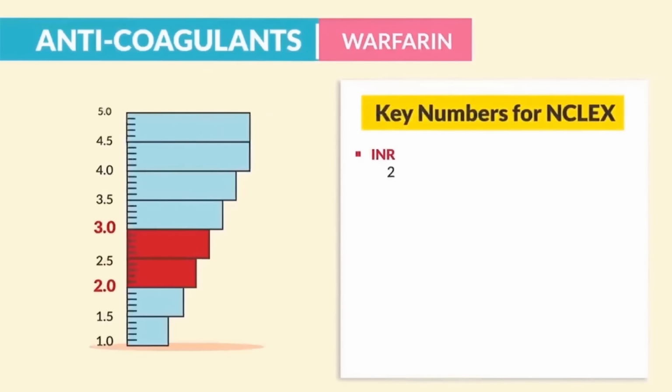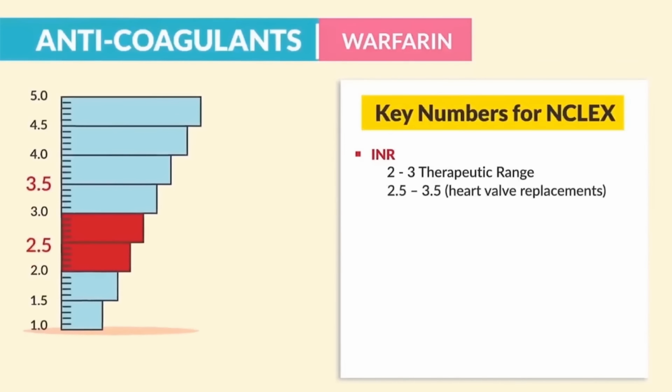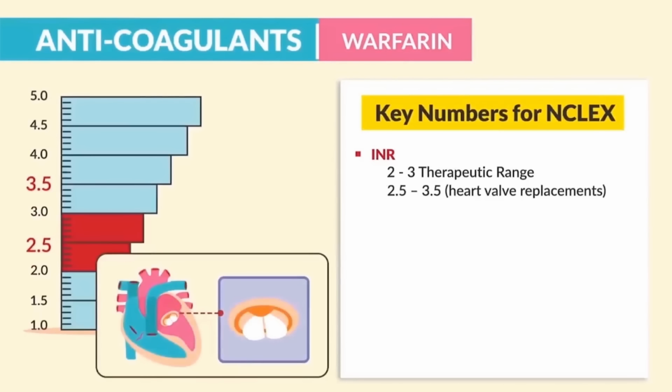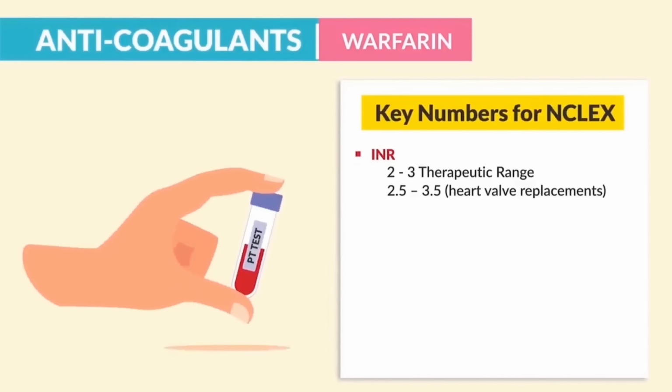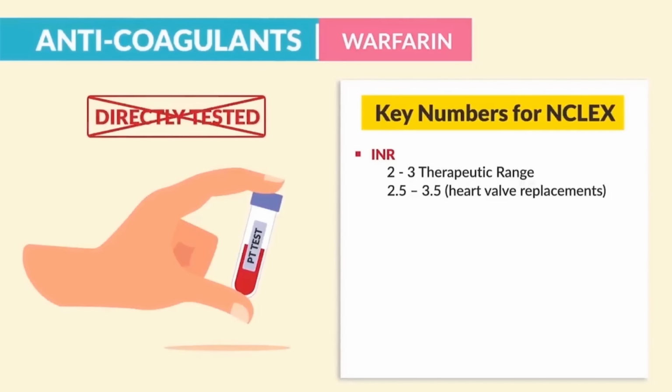Now, on the other side, warfarin, we measure INR, and the therapeutic range is 2 to 3, and 2.5 to 3.5 for heart valve replacements. Guys, therapeutic INR was mentioned multiple times across a lot of quiz banks. Now, a side note here, PT, that prothrombin time, we measure that too, but the values were not tested directly